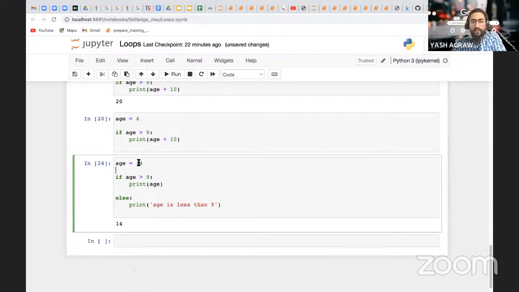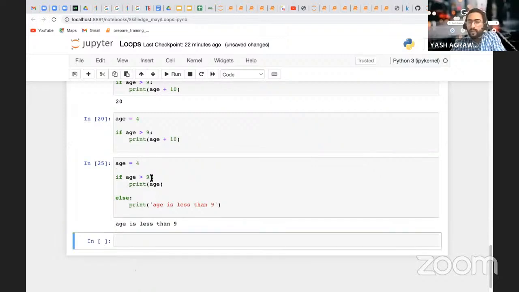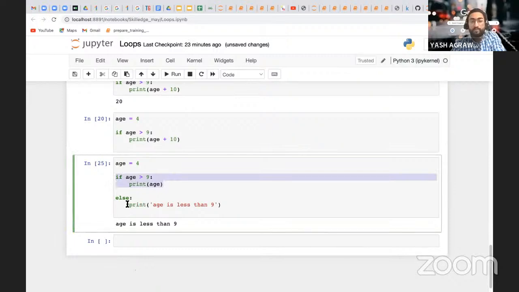अब मैंने यहाँ पे लिख दिया 4 एज. सर एज 9 से कम है. ओके, 4 9 से छोटा है, सो ये वाला स्टेटमेंट तो नहीं रन होगा. फिर हम जाएंगे एल्स में. इफ में जो रन नहीं होता वो जाता है एल्स में. जो भी कुछ इफ में सेटिस्फाई नहीं होगा वो जाएगा एल्स में. अब एल्स में सभी चीज आ जाएगी जो चीज इसको सेटिस्फाई नहीं की. तो क्या प्रिंट होगा, एज इज लेस देन 9, राइट.